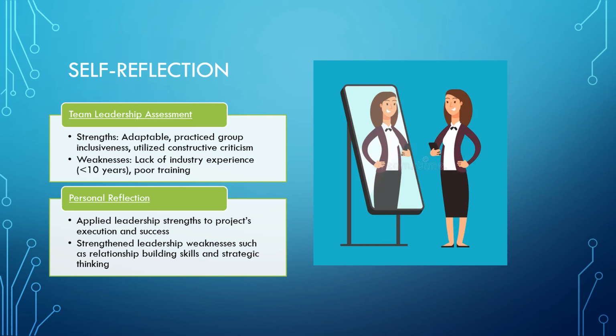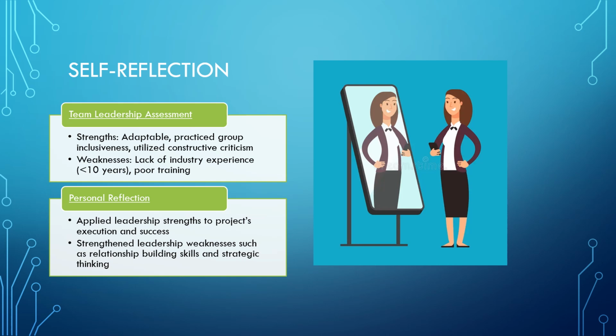My weaknesses found through the team leadership assessment include a lack of industry experience, as I have less than 10 but above 5 years, but compared to my other colleagues, that lack of industry experience proved with lack of knowledge in certain business operations such as insurance payer contracts, terms and obligations, things like that. Another weakness was my poor training with my colleague as I was a bit quick, but I try to use my strength of adaptability to resolve